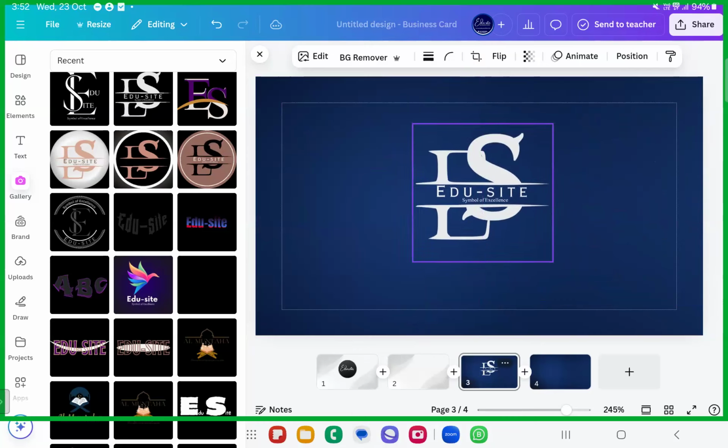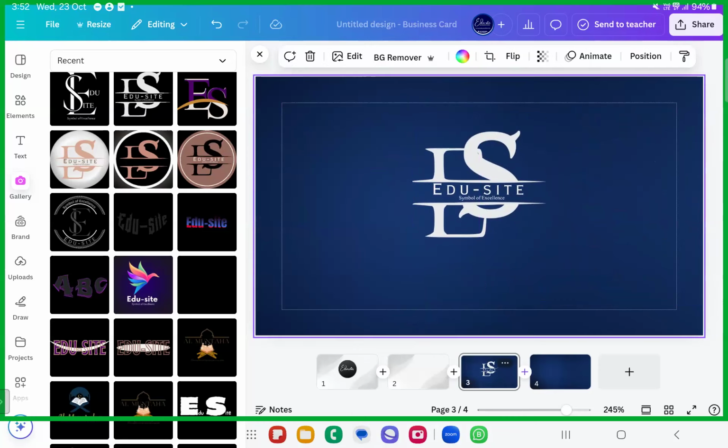Symbol of excellence, right? Okay, hopefully you have created your own logos by now. Yes or no? I just want you to create your own logos. If you're not working for any brand or something like that, make sure you're creating your own logos. For example, if your name is Mariam, then write Mariam with a word mark kind of logo design or something like that. Make sure you're doing it for yourselves, right?